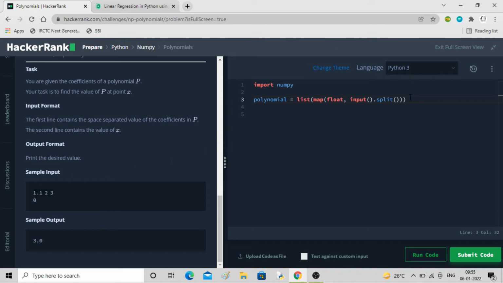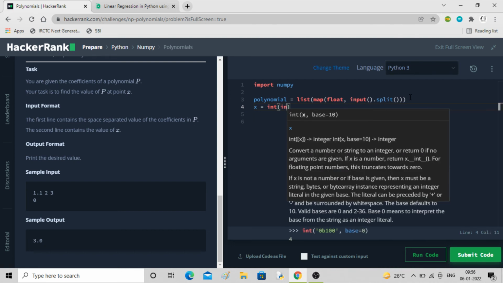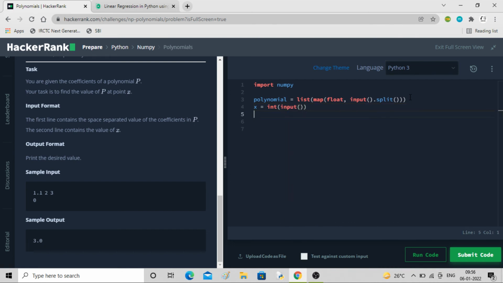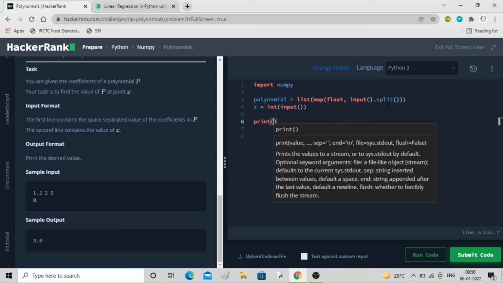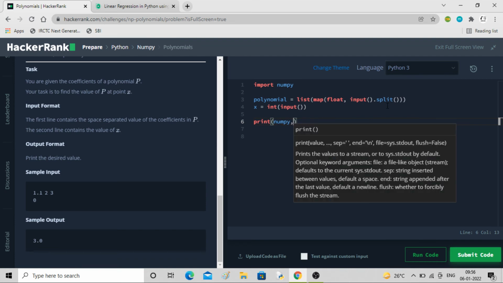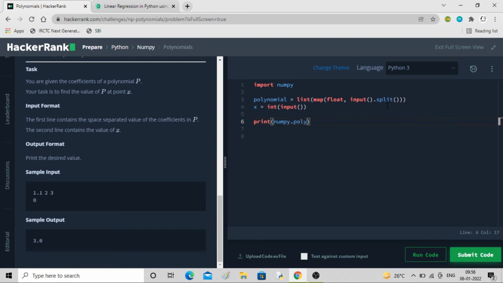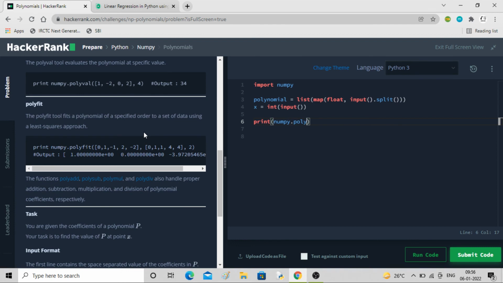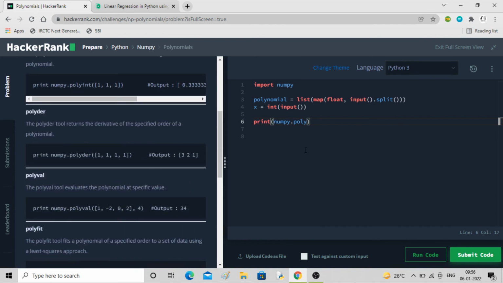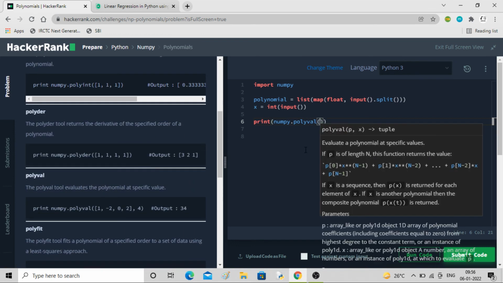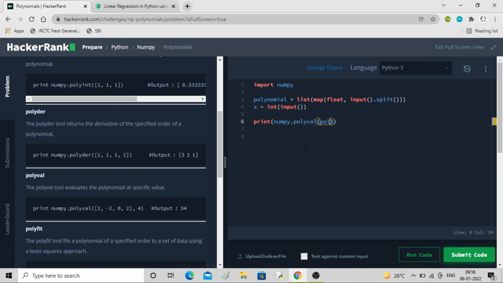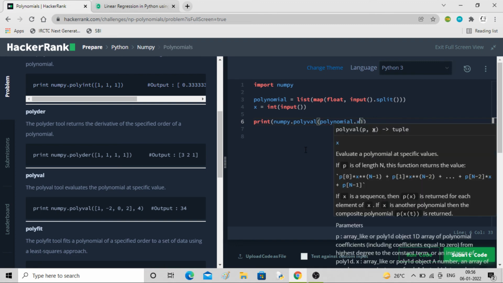Then we can take the value of x. So x equals int, this is a normal integer value, and then we can print numpy.polyval, and inside this we have to provide the polynomial, comma, value of x.